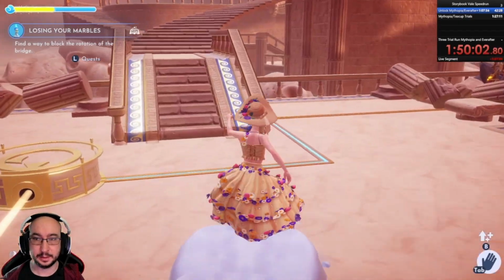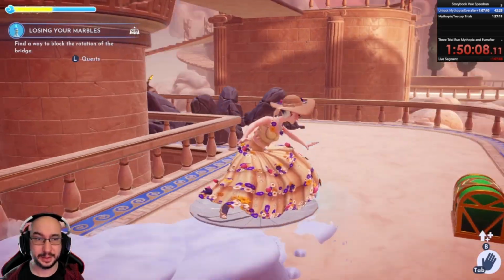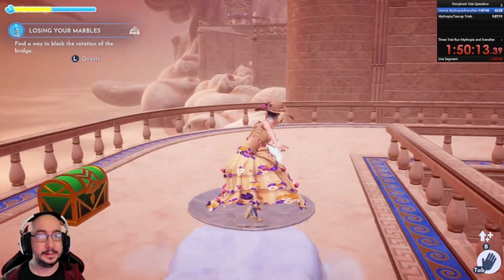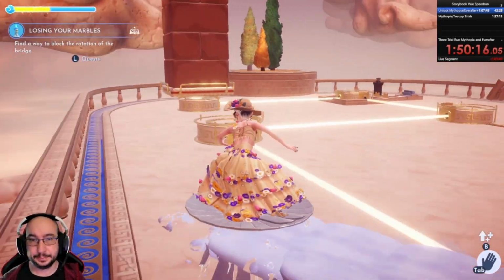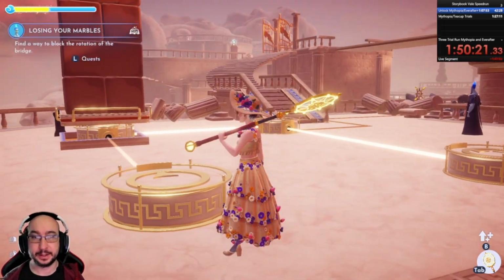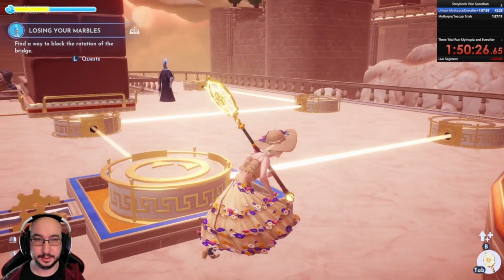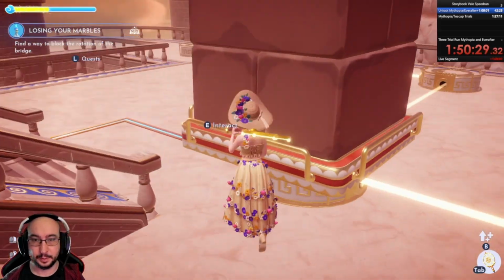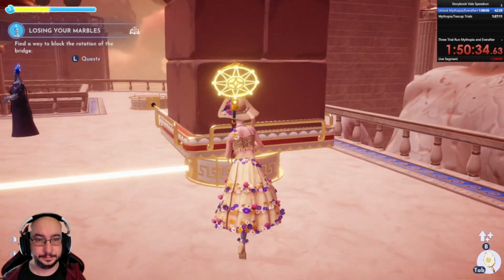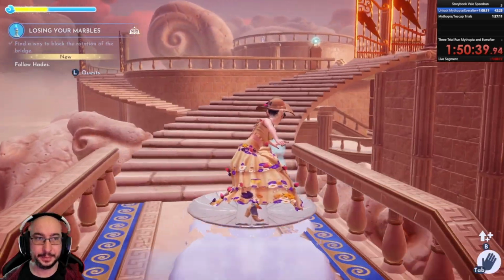And then, did I do this? I think I did. Just double check, because now I'm paranoid. It sounded like I did. Yes, I did. Okay, wonderful. Go around here. Push. Yes, push it all the way. I don't need to have anything there right now. And one more. There we go. We can go back up, follow Hades,